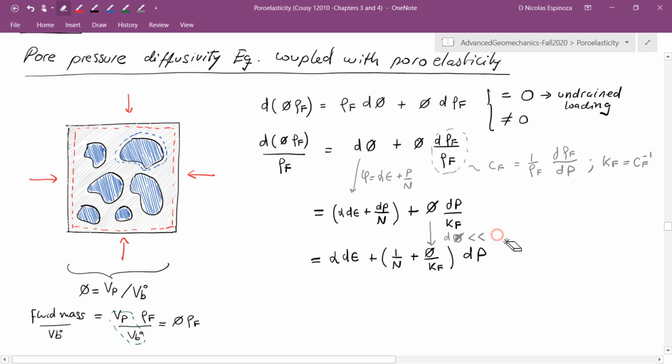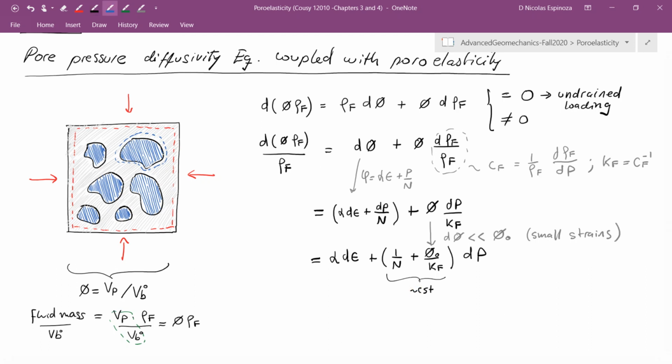And this is going to be the assumption of small strains that we have used so far quite a bit, and it allows me to simplify many of my equations a lot. So instead of having just porosity here, I have initial porosity, and initial porosity is a constant. So all of this is going to be a constant or close to a constant if I assume the small strain equations, and this is going to be